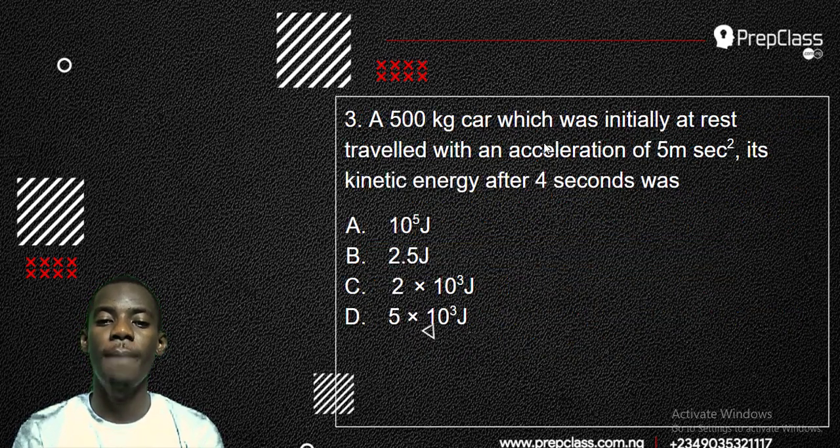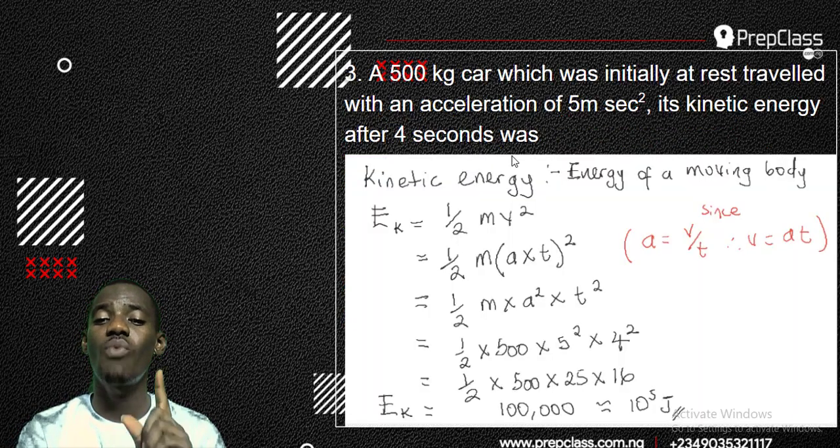Okay, so let's go to number 3 now. A 500-kilogram car, which was initially at rest, traveled with an acceleration of 5 meters per second squared. Its kinetic energy after 4 seconds was what? Now, this question is asking for kinetic energy, right? Now, you know that the formula for kinetic energy, that's the most important thing here, is 1 over 2 mv